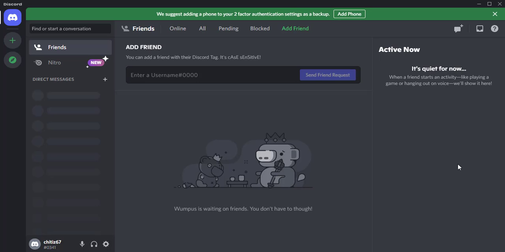How to join a channel on Discord. There are two types of channel on Discord. One is the public, which is free to join, and the other one is the private, which you'll need the invitation of. Firstly, open up your Discord app, or you can also open up the website of Discord and then